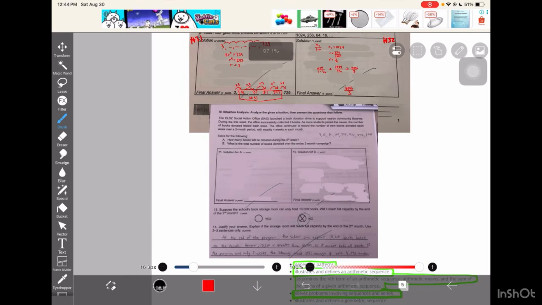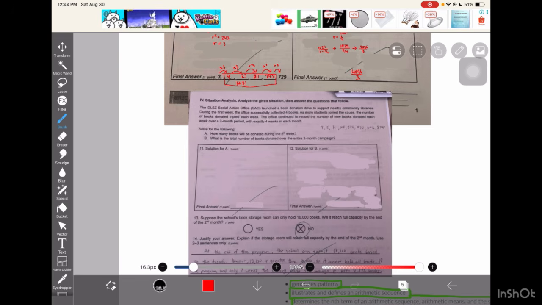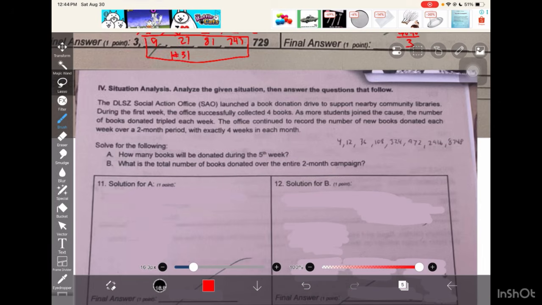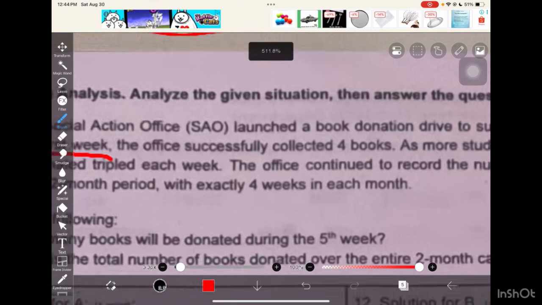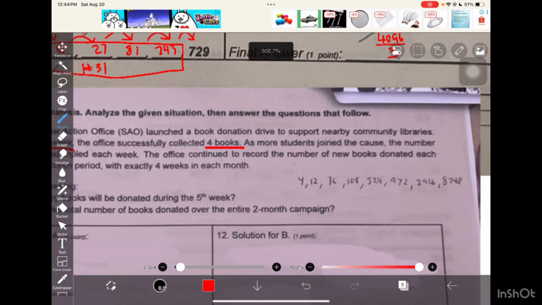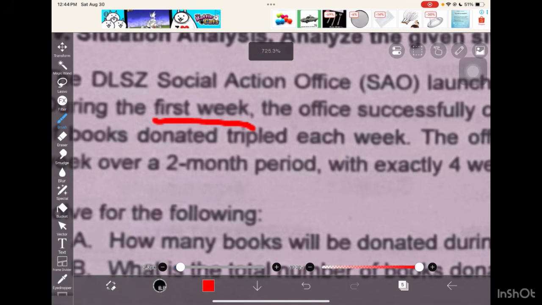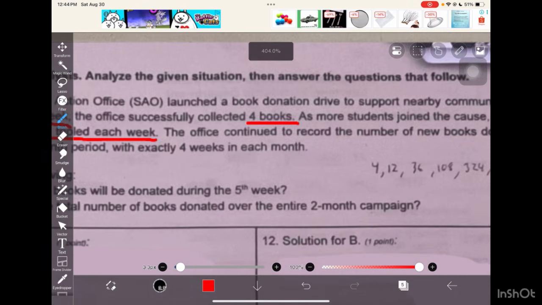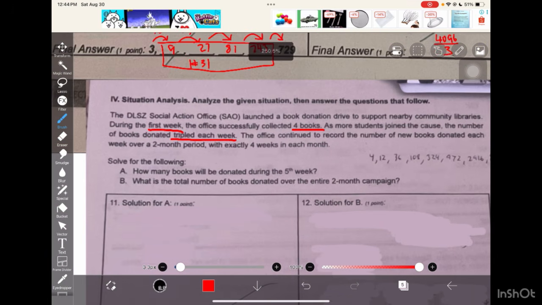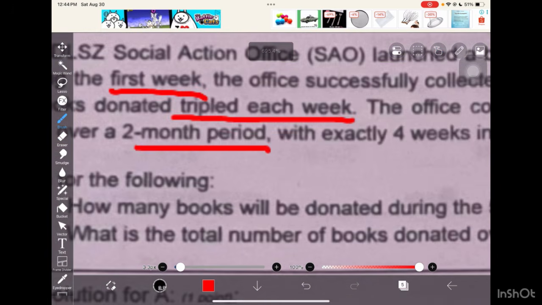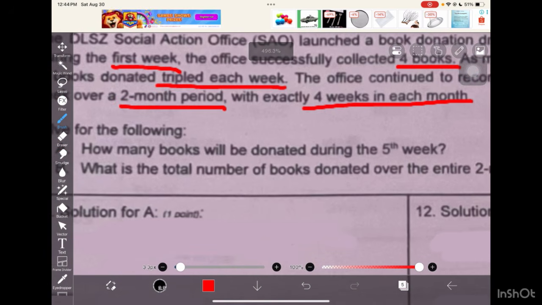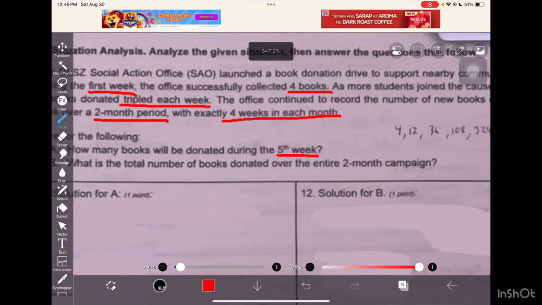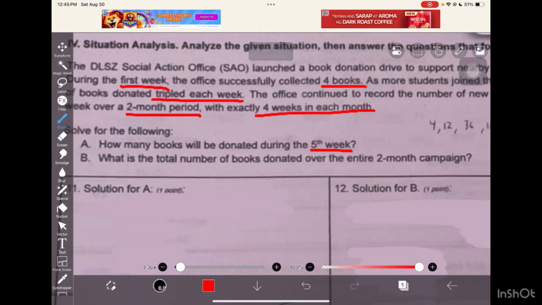Alright, so at the back of the page, we have a situational analysis. So let's read it. The DLSZ Social Action Office, SAO, launched a book donation drive to support the nearby community libraries. During the first week, the office successfully collected 4 books. As more students joined the cause, the number of books donated tripled each week. The office continued to record the number of new books donated each week. Within a 2-month period, there are exactly 4 weeks in each month. How many books will be donated during the 5th week, and what's the total number of books donated over the